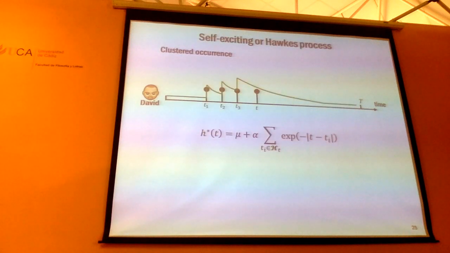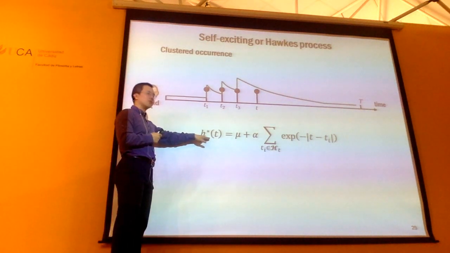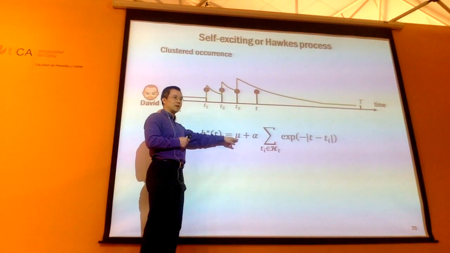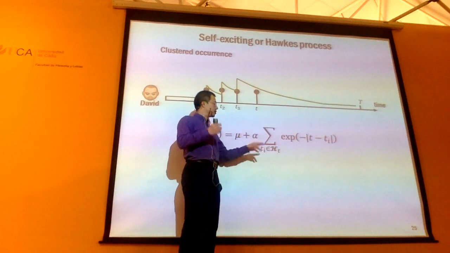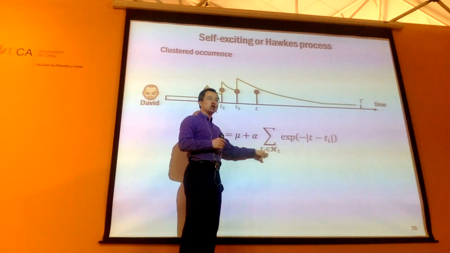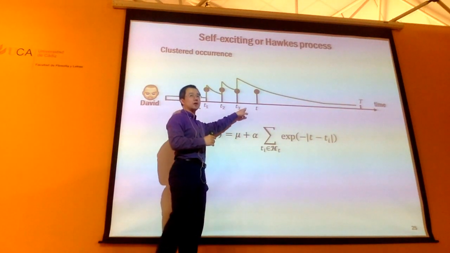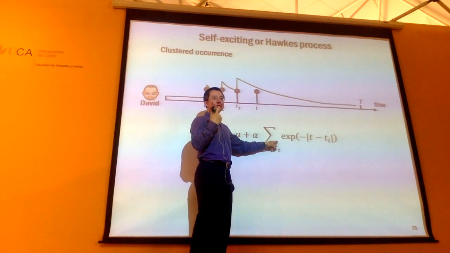And then this one is also interesting. It's slightly more complicated. It's called the Hawkes process or self-excitation process. It's going to model the history in such a way. Essentially, you're going to design your intensity function as some kind of constant base intensity, like a Poisson process. Then you take into account the history. You look at all these events which have already happened in the past, in this case T1, T2, and T3. Each event that happened in the past is going to contribute one term to this intensity function.